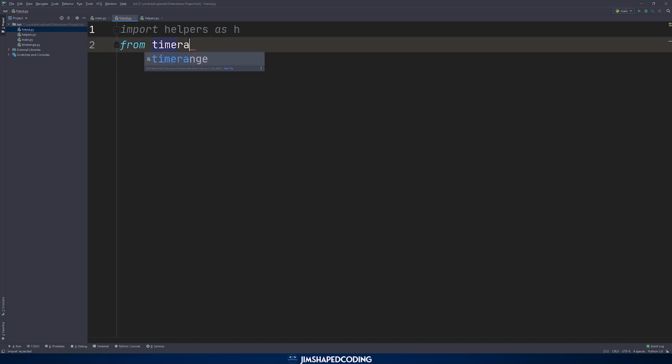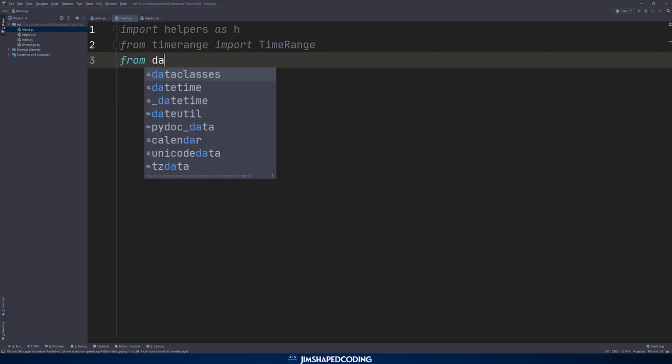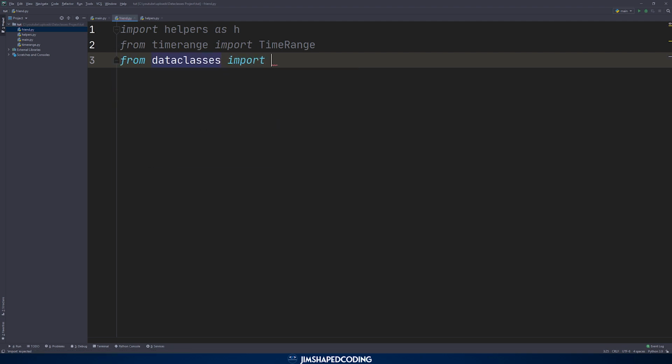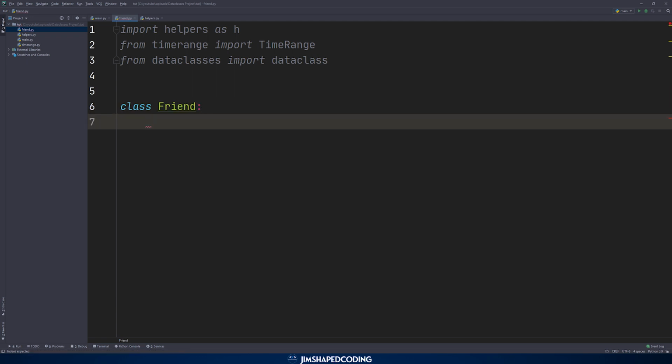So from time range import TimeRange class, and in addition I'm also going to import the data classes. So from dataclasses import dataclass like that. Okay, so now we should go ahead and create a new class that we could name Friend, and we could